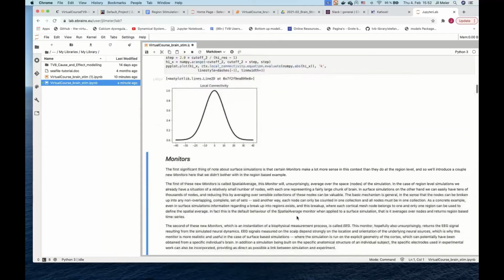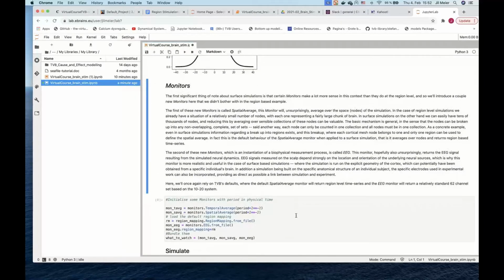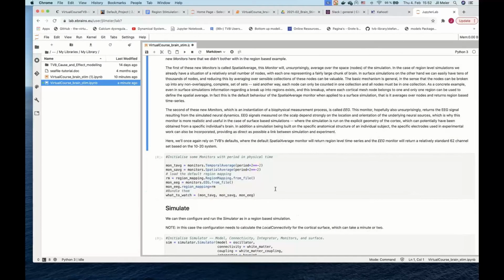So for TVB, we also need monitors, because if you're running a simulation and we don't have a monitor, nobody is monitoring. So out of your simulation, nothing will come out. Great, you ran a simulation, but without anybody writing down anything. So you always need to specify in TVB the monitors. Now my explanation can be very repetitive. If you're already a total expert on TVB, you can zoom out for 5 minutes and fill in our region stimulation lookup table, right? So here, for the monitors, we will take a temporal average monitor, a spatial average monitor,